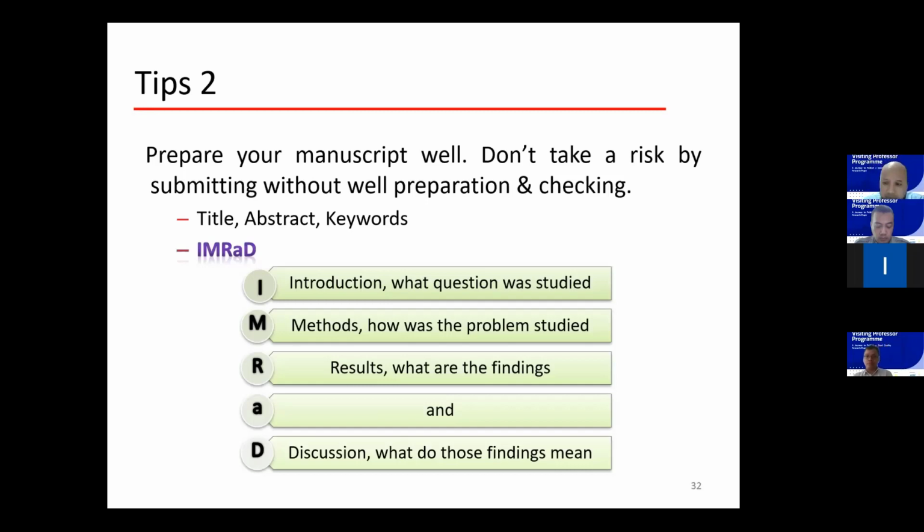For example, like myself, I think every day I get 5 to 6 requests to review papers from IEEE, from various journals, ISI journals, but I cannot do it. So I will just select some of the papers that I'm interested in, and I will check the content, the intro. If not clear, we will reject it immediately.